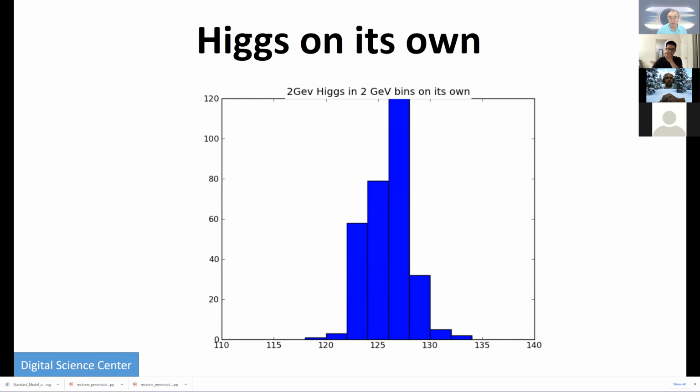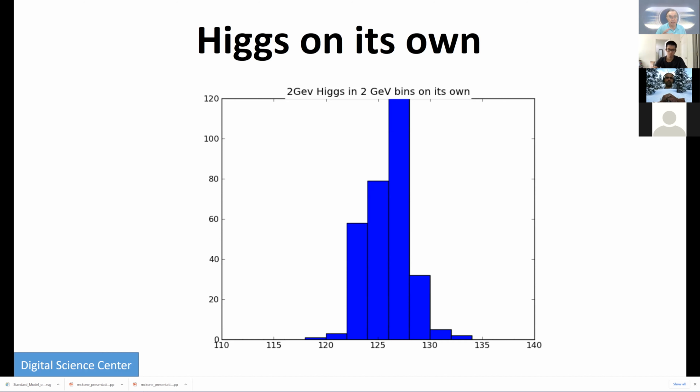Now that same Colab generates both the background and the Higgs, first of them independently, and then it joins them together. The Higgs has a property, which is the width of the Higgs. The Higgs particle has a quantum mechanical width, which comes from the fact it's an unstable particle. Stable particles like protons do not have a width because they're a real, observable particle. A particle like the Higgs, which decays,